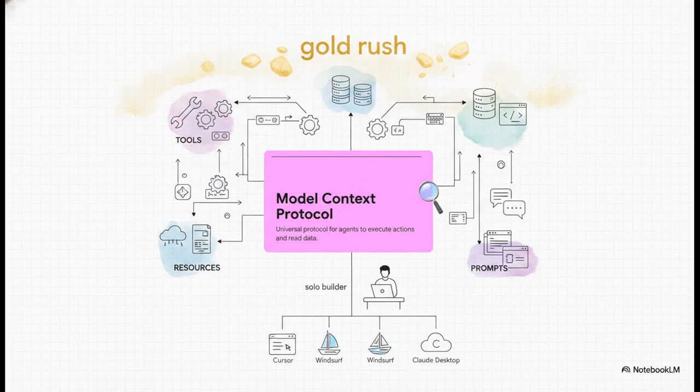Now, the invisible engine that makes all of this possible is MCP, the Model Context Protocol. This protocol standardizes exactly how AI models talk to data. It boils down to 3 simple primitives. You have tools that let the agent do things, resources that let it read things, and prompts that give it instructions. Thanks to MCP, you can build a micro-SaaS tool once, and it just plugs right into local clients like Cursor, Windsurf, or Claude Desktop. Write it once and let the agents run it everywhere.